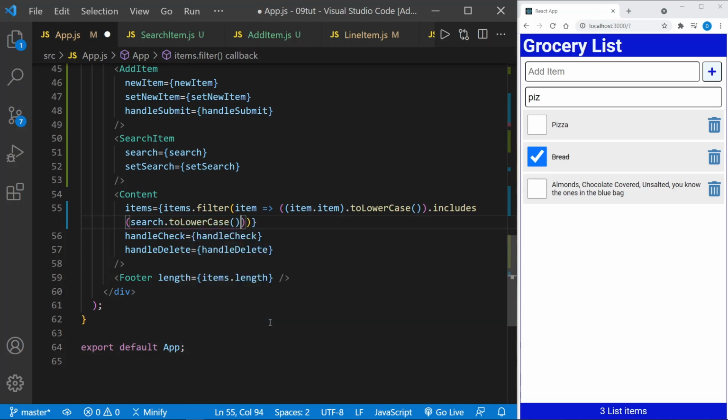So if we didn't put the toLowerCase, then a capital M would not match the lowercase m. The capital P in pizza would not match the lowercase p. But I think it's better that we go ahead and just set everything to lowercase for the match. It won't change what we see on the application, or it won't change our state. This is just a conditional here. So if we go ahead and save that,